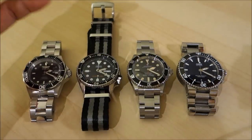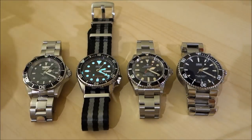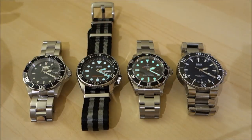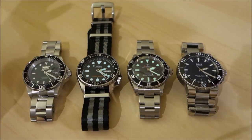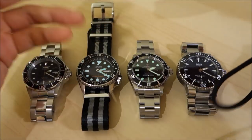So just as an example, I'll shine it on the Seiko here, and you can see it just charging that up. You can see it's really charging that up like no one's business. Anything that you shine this on for just a few seconds. Okay, so I'm going to put it all in a line, charge it up, and then take it in sequence